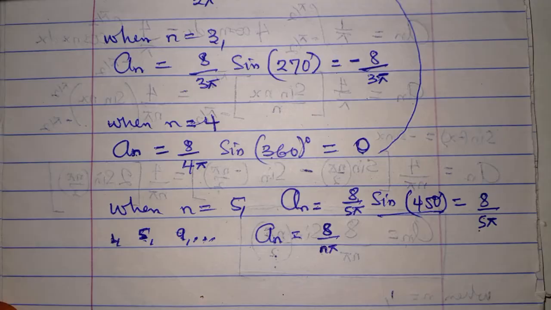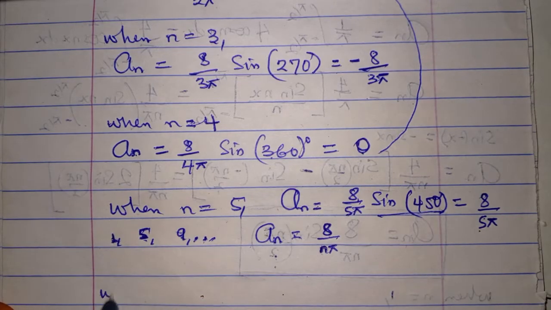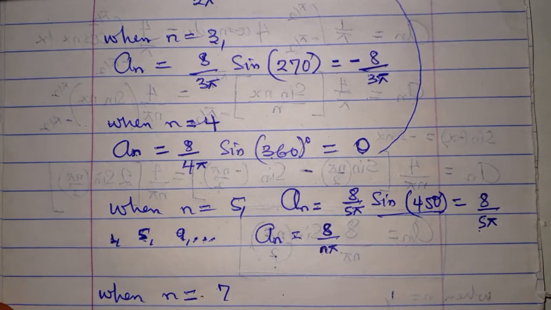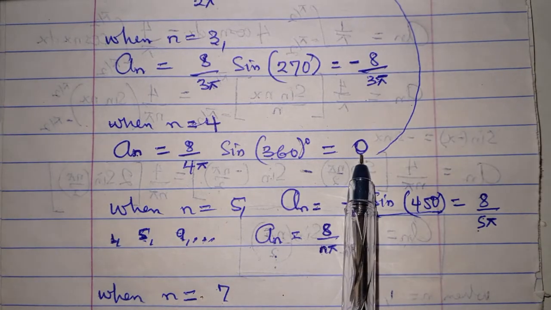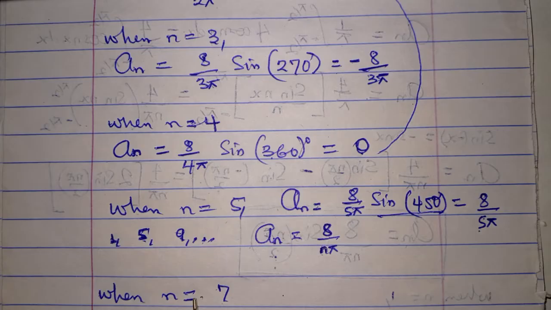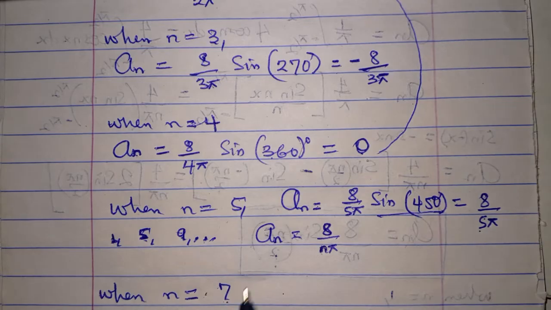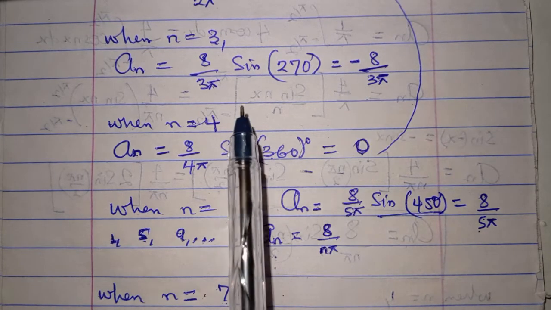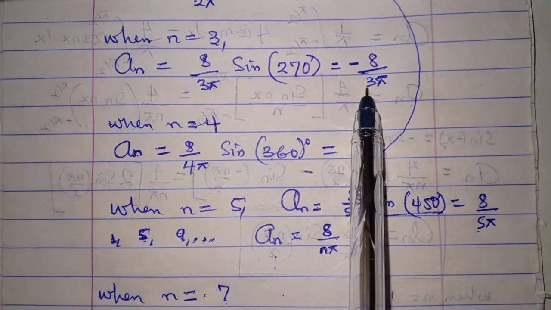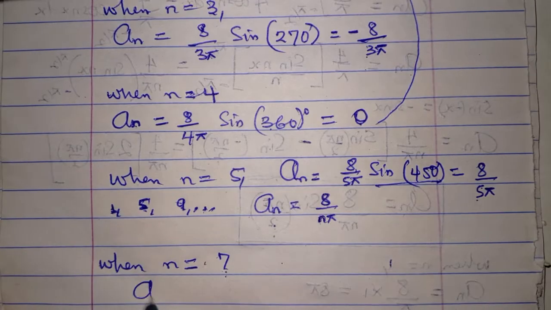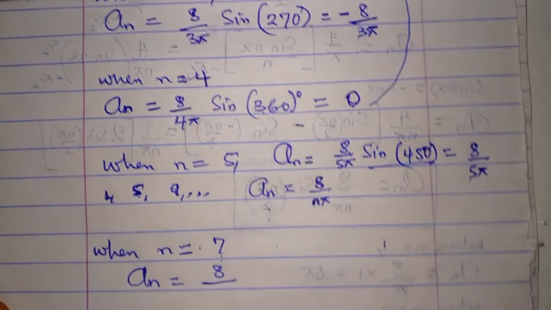Let us determine a sub n for one more value of n, when n is equal to 7. We don't have to look for a sub n when n is equal to 6 because it's still going to give us 0. So we will see that a sub n for n equal to 7 will behave the same way as a sub n for n equal to 3. It will give us the same negative value. The only difference is that the n will be 3 for n equal to 3 and the n will be 7 for n equal to 7. A sub n will now be 8 over 7 pi